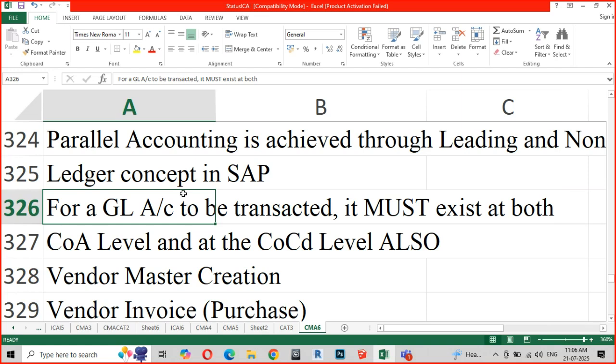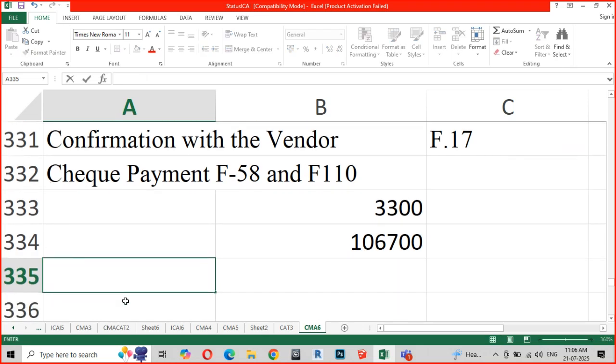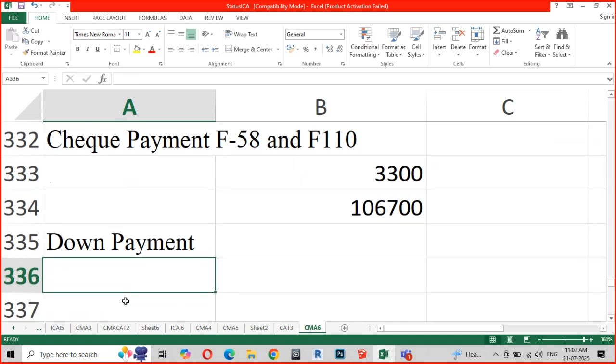The only thing which I had to touch upon was the down payment, the advances. And I see some very interesting questions as to the balance carry forward and other things.